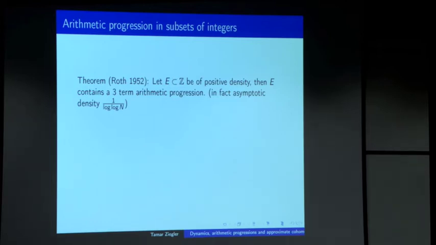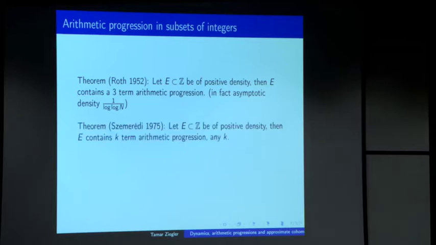And actually, the result is stronger, it's not only positive density, but asymptotic density 1 over log n. So if you look at a subset of the interval 1 to n of density 1 over log n, for n large enough, you'd certainly find a 3-term progression. So this is the indestructibility of 3-term progressions. And then Szemerédi generalized this to the indestructibility of any k-term progression. So if you take a positive density subset of the integers, it contains